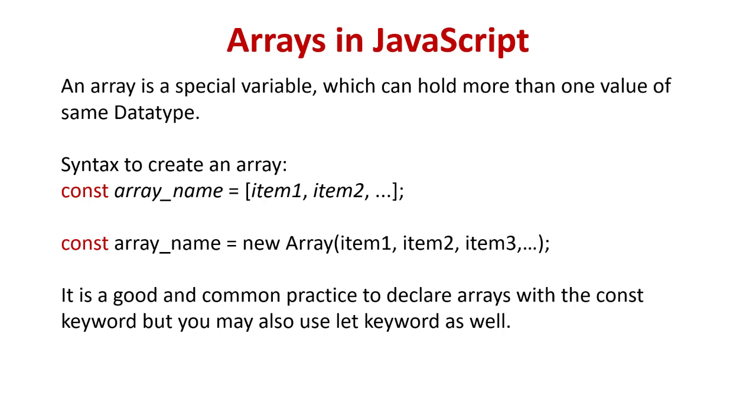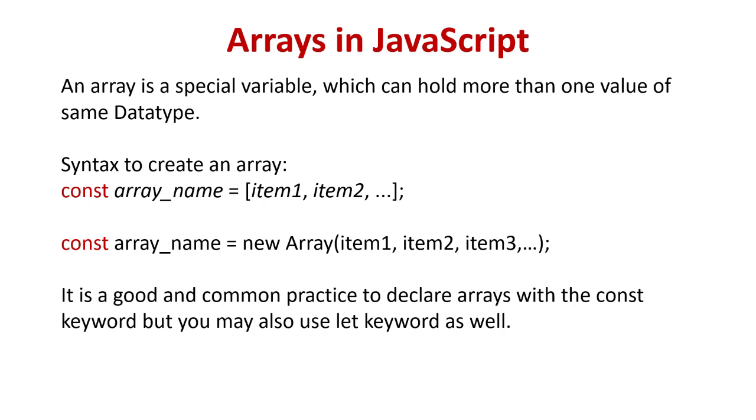An array is a special variable which can hold more than one value of same data type. Syntax to create an array: const array_name = [item1, item2]; const array_name = new Array(item1, item2, item3). It is a good and common practice to declare arrays with the const keyword, but you may also use the let